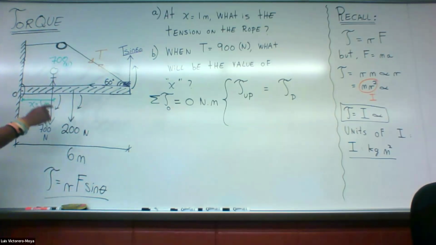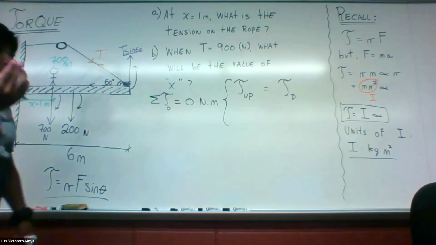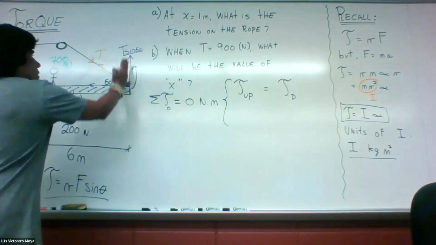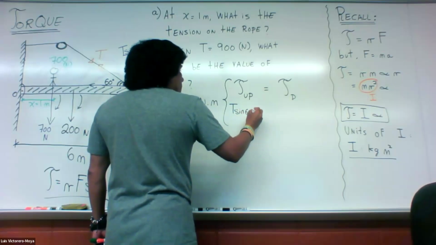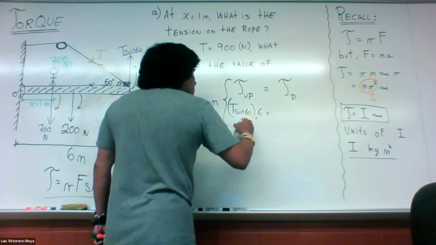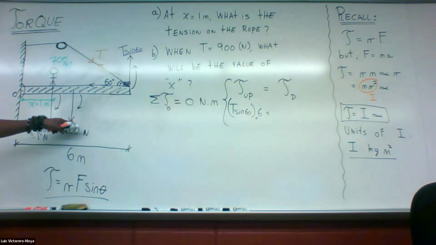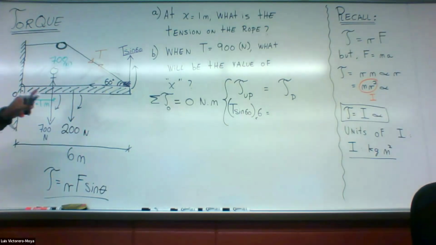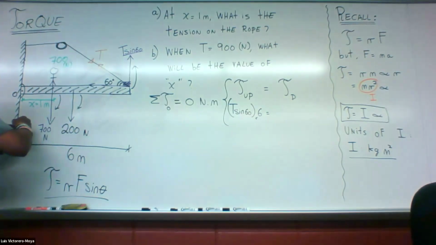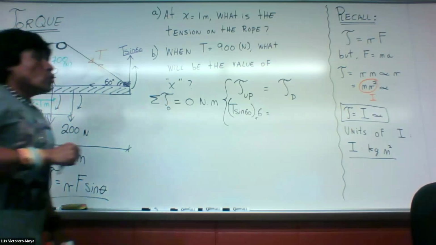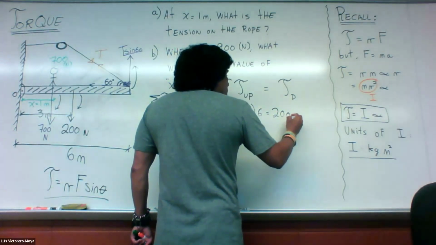But for these free forces, the angle is 90 degrees, so sine of 90 is 1. The torque going up is T sine 60 times 6. The torque going down is the torque due to the mass of the bar, which you should know by now, the weight of the bar acts at the middle. So if this is 6, then the 200 acts 3 meters from the support. So here you write 200 times 3